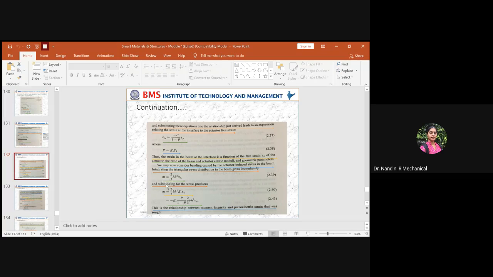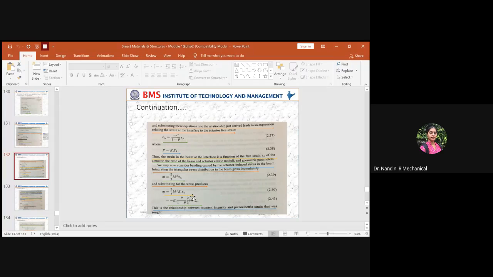What does it tell? M is equal to 2 by 3 B H square into the stress across the structure. So this is the equation you have to remember. This will provide the required equation to evaluate the triangular stress distribution. The triangular stress distribution has a constant factor 2 by 3. B is the width of the structure as well as the PZT patch, and H is the height of the structure above the neutral axis, and this is the stress above the neutral axis.